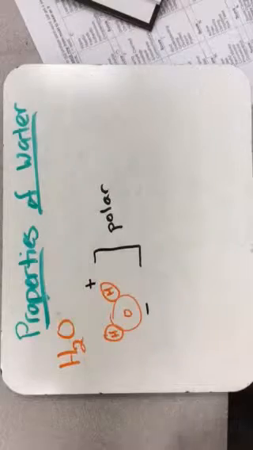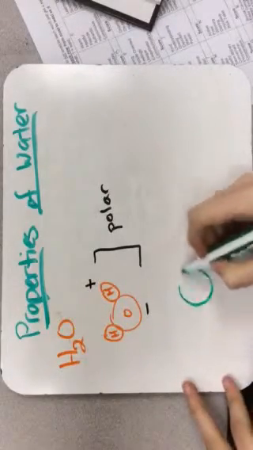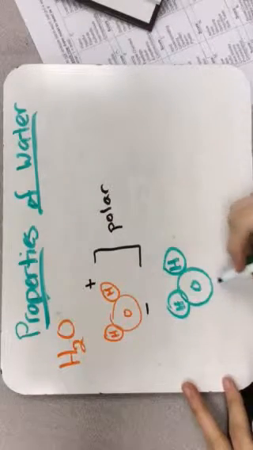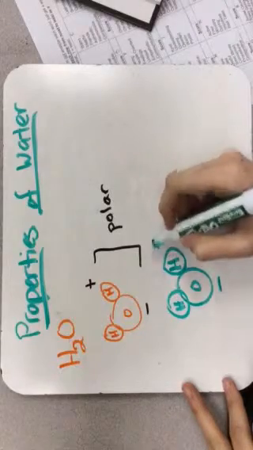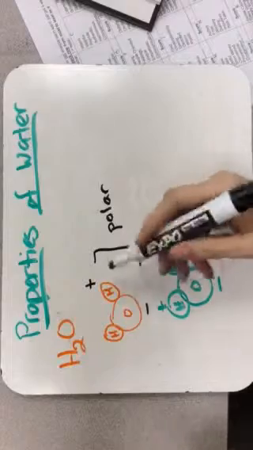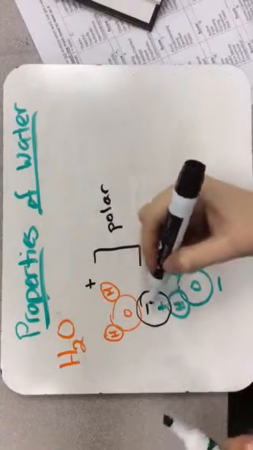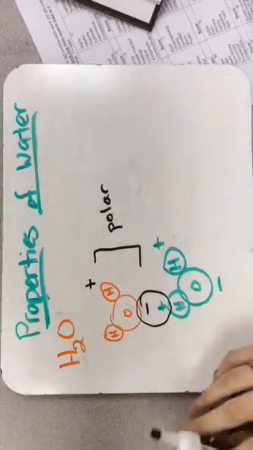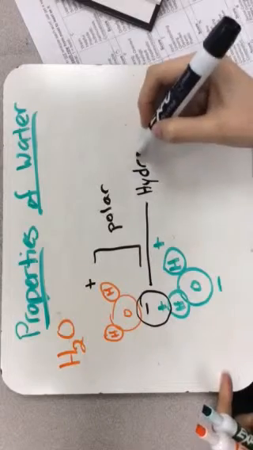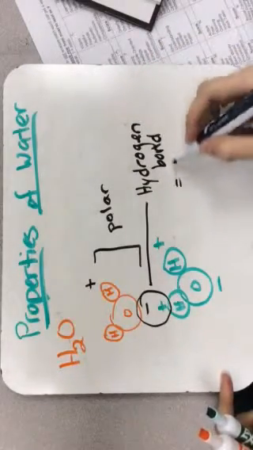The fact that it is polar makes it so that when you have multiple water molecules together in the same area, and remember the oxygen is negative, the hydrogens are positive, what we know about positives and negatives is that they attract. So you'll actually have a bond forming here. And the bond that forms is called a hydrogen bond. This is a very weak bond,